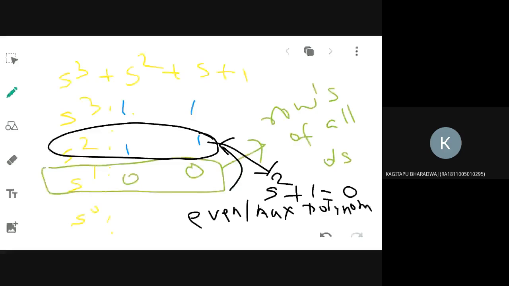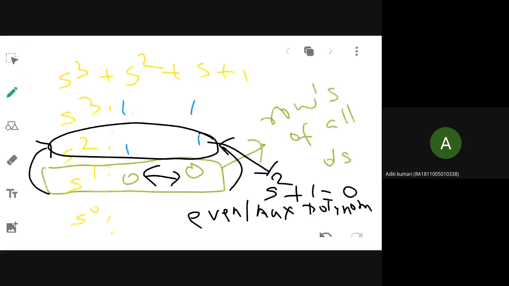Come on, you have to tell me. Here you are having a row of all zeros. If you are having such a case, immediately you see the previous row. What order is that previous row? 2. So use the coefficients. What are the coefficients? 1 and 1. Using that you write one equation. What equation is that? S squared plus 1. And the order of the terms should be all even only. Okay, s squared plus 1.